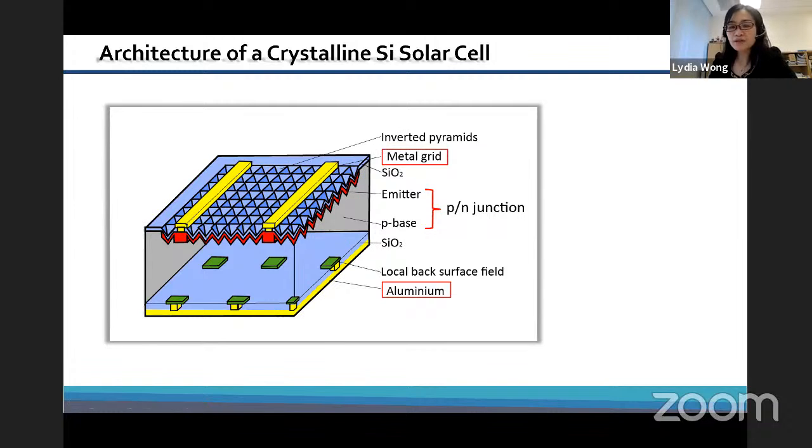As I mentioned, the benefit of crystalline silicon is that it is very stable. Do you know what warranty is given for a silicon solar cell? Let's say you buy a silicon solar cell and install it on your rooftop. How long will it last? 5 years, 10 years, 20 years, 30 years? Somebody mentioned 25 years in the chat. Any other guess? I give you options: 5, 10, 15, 20, 25.